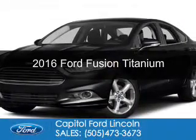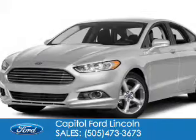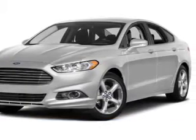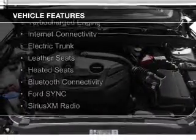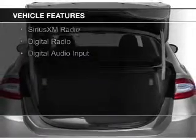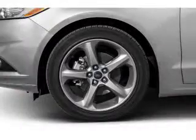This is a new 2016 Ford Fusion. It's powered by front-wheel drive, a 2-liter 4-cylinder engine, and a 6-speed automatic transmission. The features include a turbocharger, internet connectivity, electric trunk, leather seats, heated seats, Bluetooth connectivity, Ford Sync voice activation, Sirius